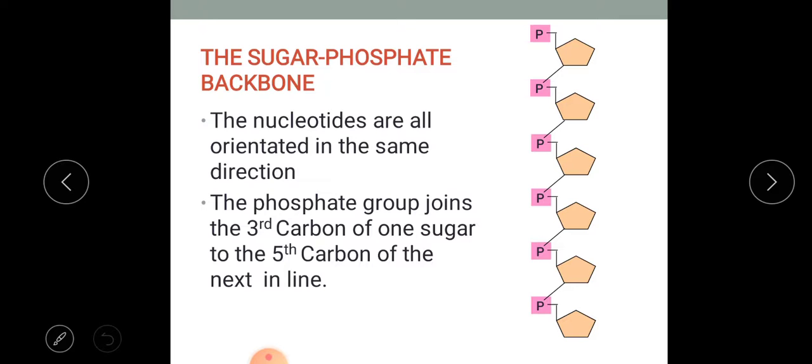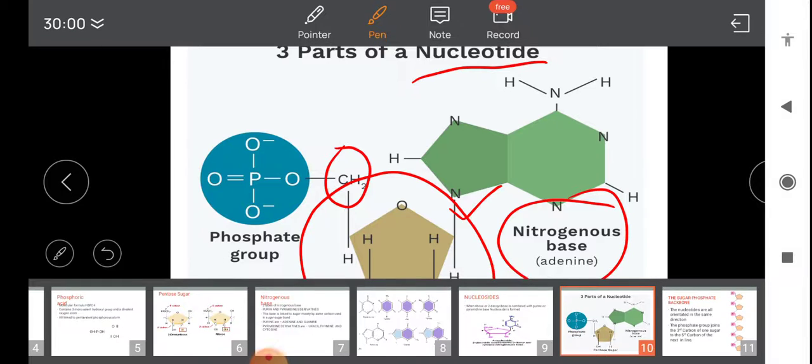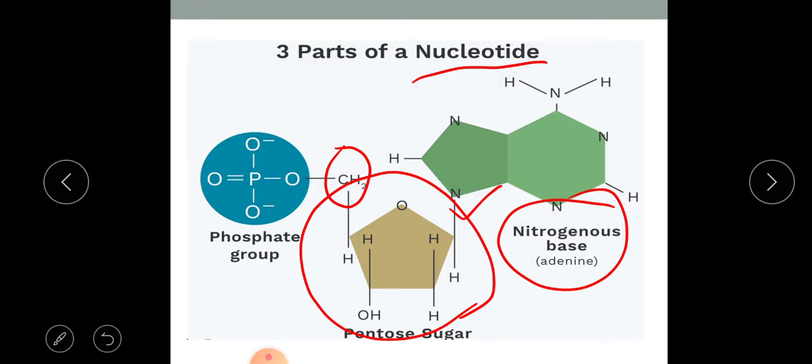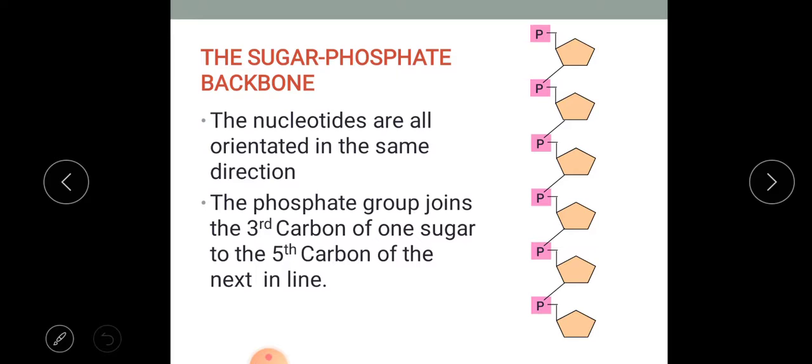Now see, you can say how a polynucleotide is formed. Actually, what is happening is, you can see here there is an OH group on the 3 dash carbon. So here is that 3 dash carbon of your pentose sugar. Here you have a nitrogen base, remember. So from the 3 dash carbon to the 5 dash carbon a phosphate group is attached.